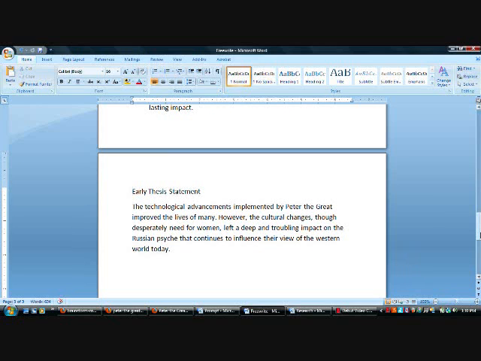Early thesis statements, you want to make sure that they talk about your 3 main points, but you also want to make sure that it's not too broad or too narrow, but that it answers the question that the writing prompt is asking. So this is my early thesis statement. I do plan on it changing because once I start going through and writing on my main points, I might find that I disagree with something that I had thought previously.